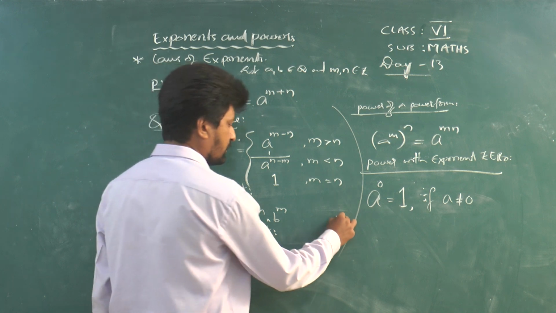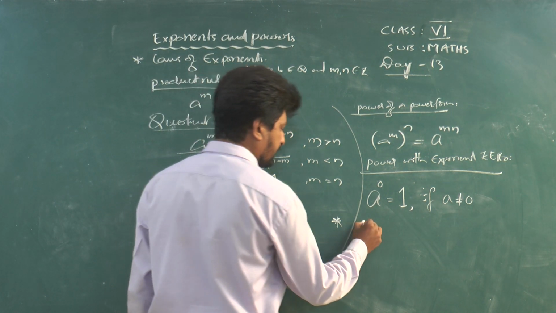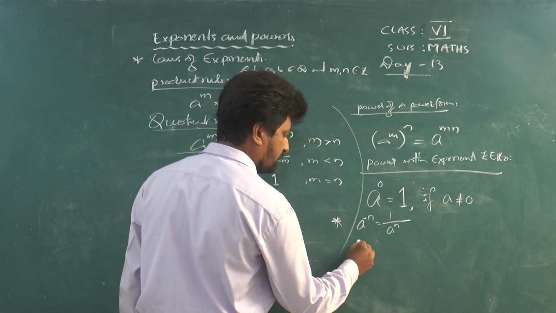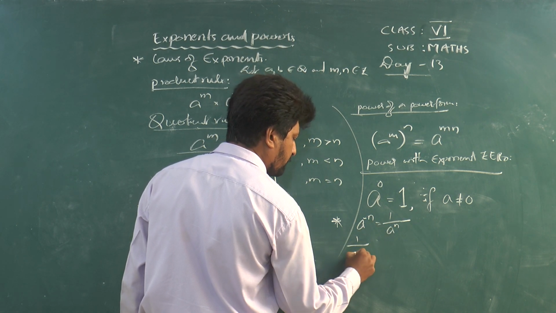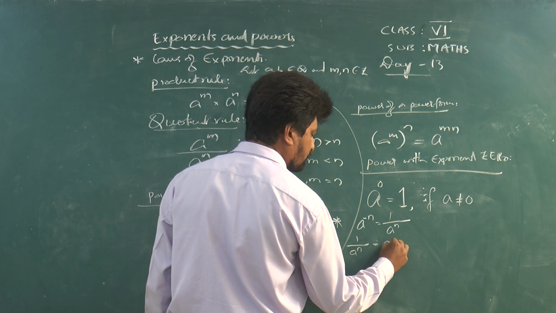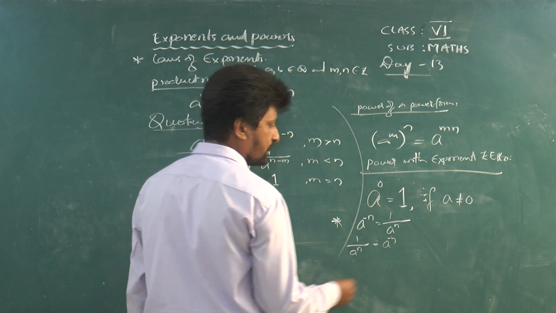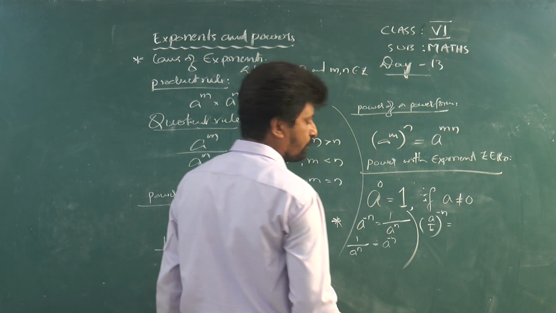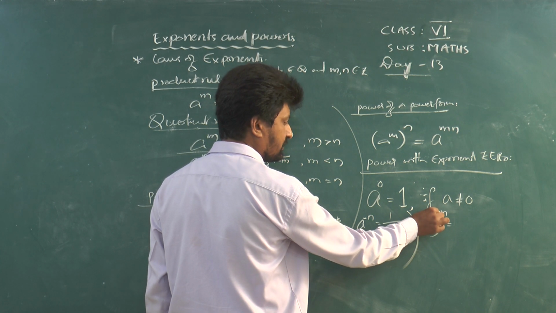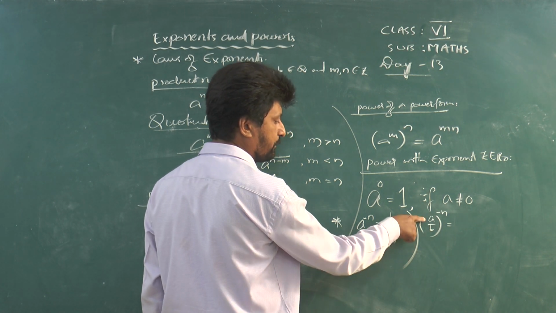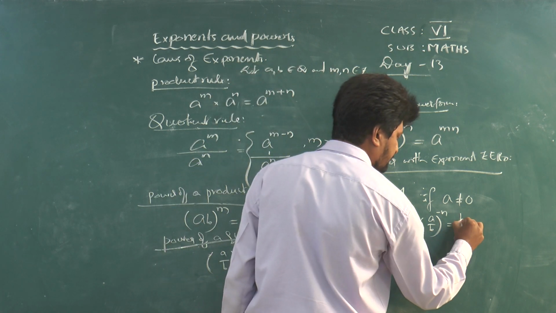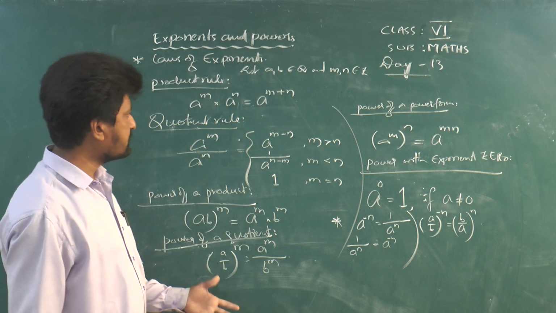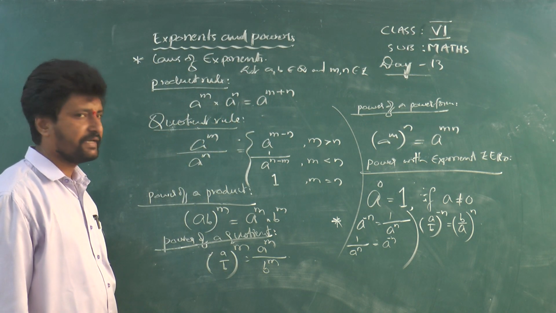Along with that, somewhere we shall also remember as formula: a to the power of minus n we have, then we can read it as 1 by a to the power of n. Also, 1 by a to the power of n we can write as a to the power of minus n. Both are same. And next, a by b whole to the power of minus n we have. Whenever we want to remove the negative sign in the exponent, then the base gets its reciprocal, inverse. That means b by a whole to the power of n we get. Okay, these are the laws we use in simplifying problems.